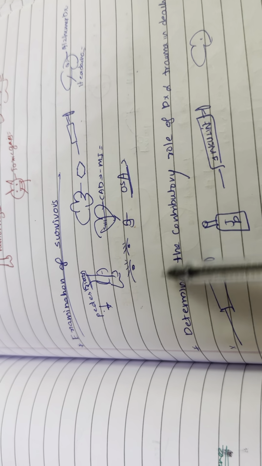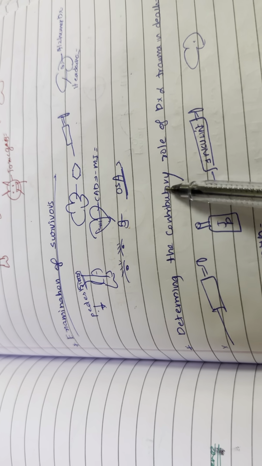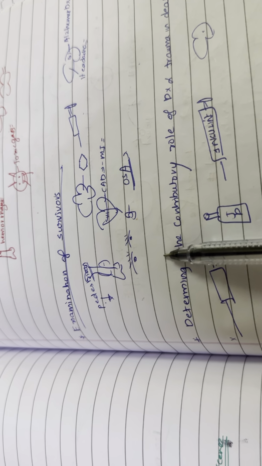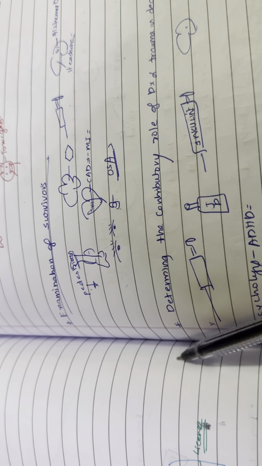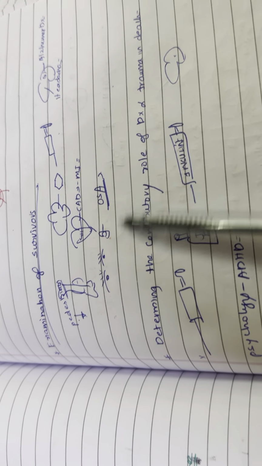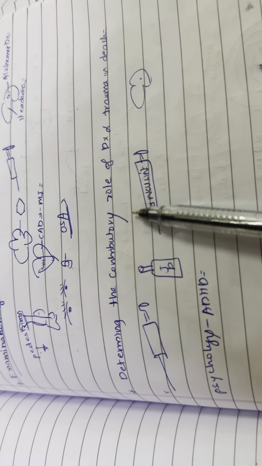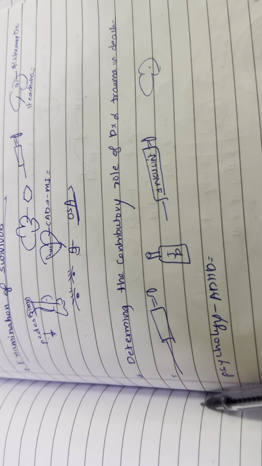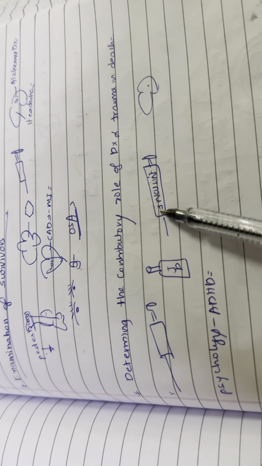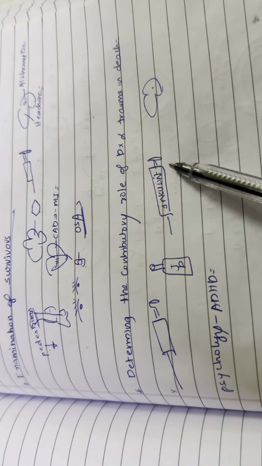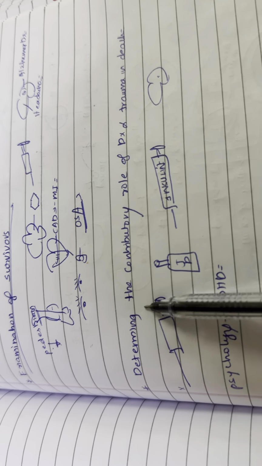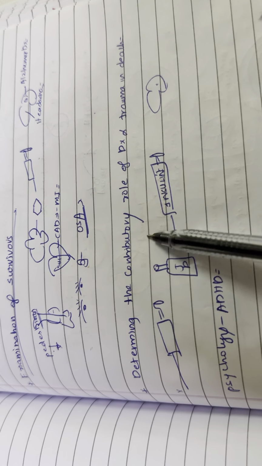A driver may fall asleep while driving due to inadequate sleep during the night for a number of reasons, such as obstructive sleep apnea. In some countries, the driver must get a certificate stating that he has no OSA. Determining the contributory role of disease and trauma in death: assess the severity of the injuries. If they are not sufficient to cause death, natural disease must have contributed to death. Example, this precipitating MI, cardiac conduction disorders,